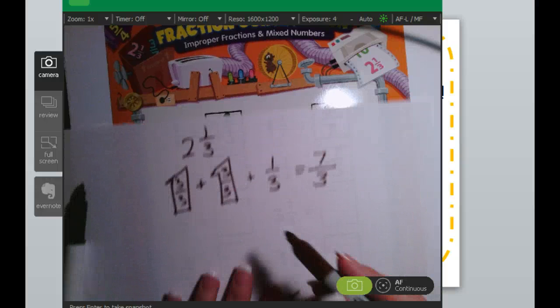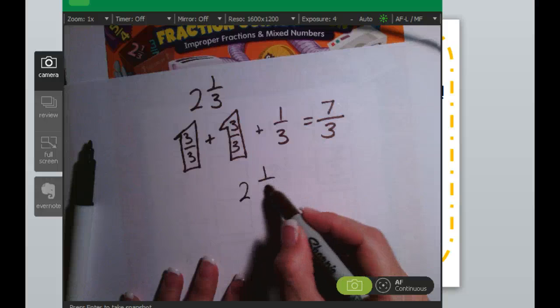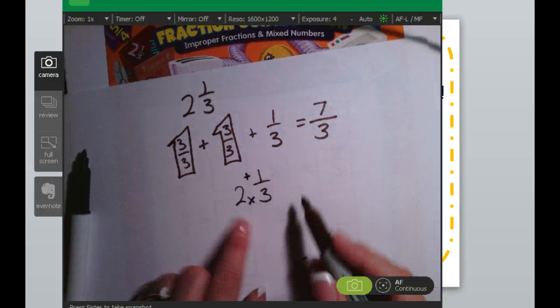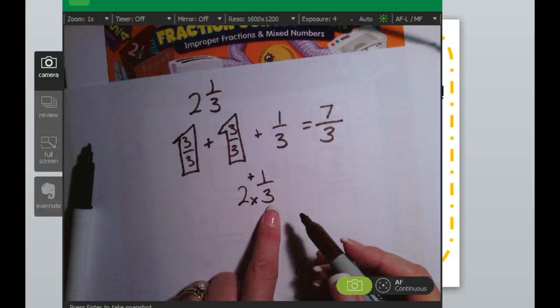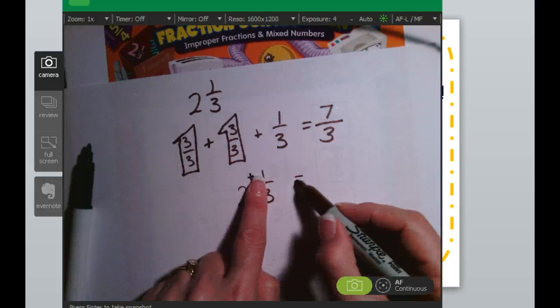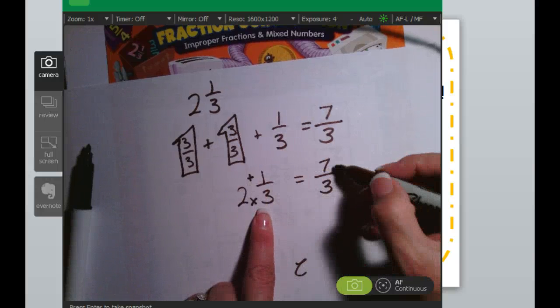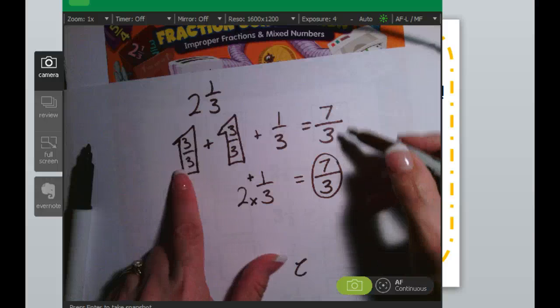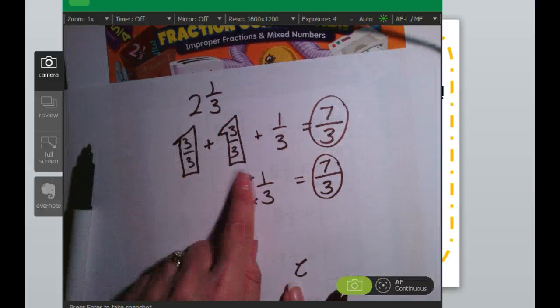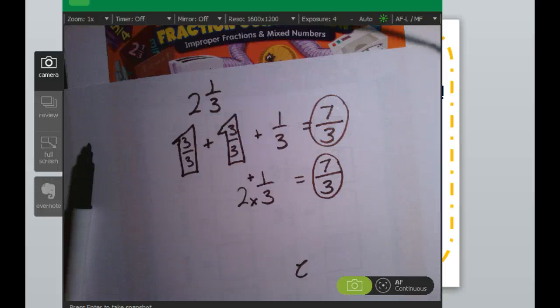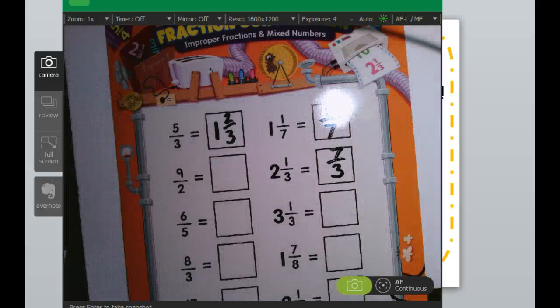But the trick would be, if I have 2 and 1/3, I could multiply and then add. 2 times 3 is 6, plus 1 more is 7, and my denominator always stays the same. I get 7 thirds whether I do it this way, or 7 thirds if I decompose and add it up. So either way works perfectly. So let's take a look back at our mixed number here,